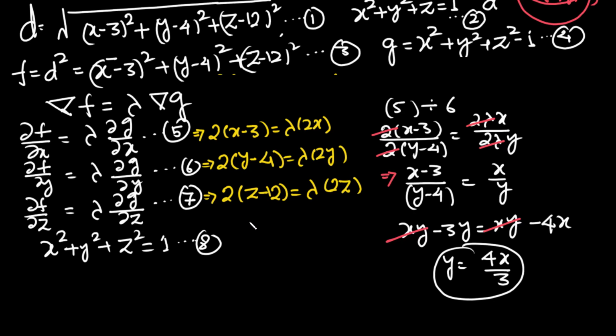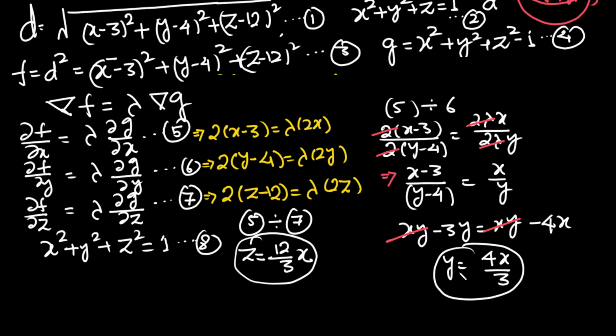Similarly, we are dividing equation number 5 by 7, right? So when we divided equation number 5 by 6, we obtained y is equal to 4x by 3, right? There is a symmetry in this problem. So similarly, we will get z is equal to 12 over 3x. So by dividing equation number 5 by 6, we obtained y in terms of x, and by dividing equation number 5 by 7 again, we obtained z in terms of x. We plug in these values of y and z